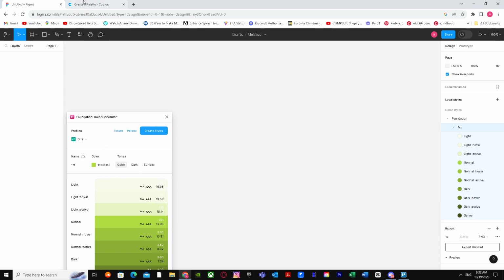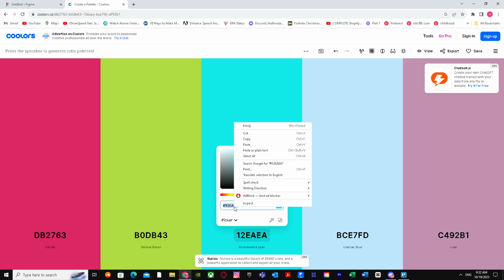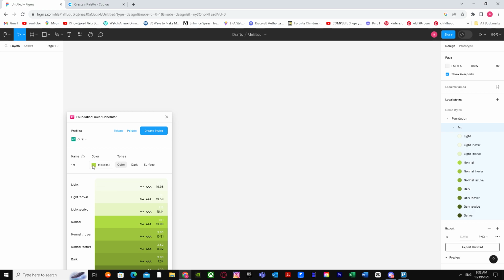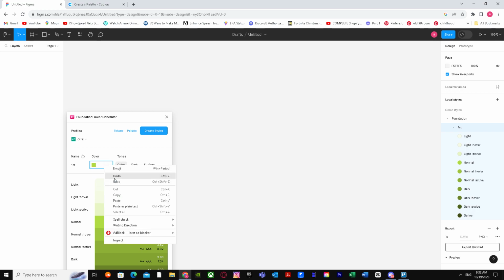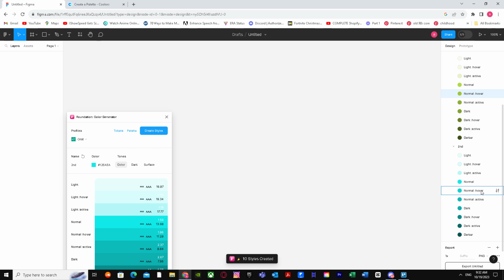So let's say you want another color palette. So I'm just going to go over here, copy this and paste the number and name it second, and create styles once again, and there you have it. You have multiple color palettes now. So yeah, that's basically it on how you can generate color